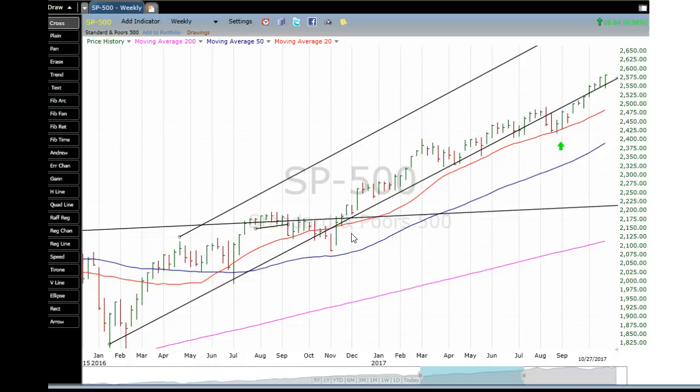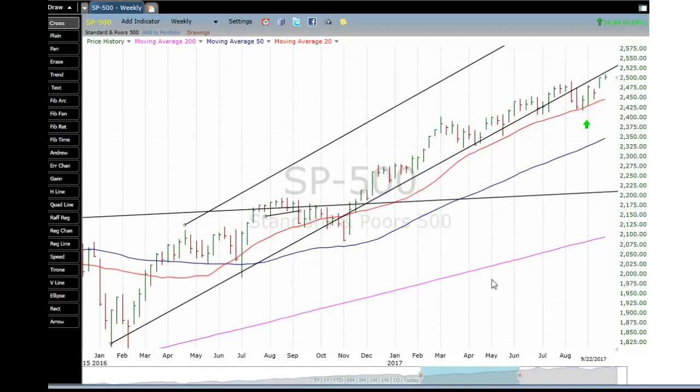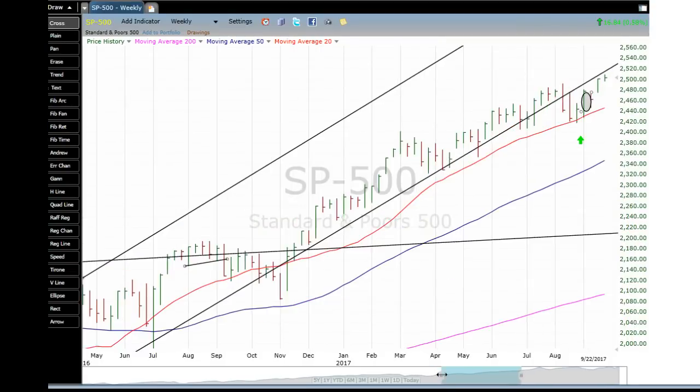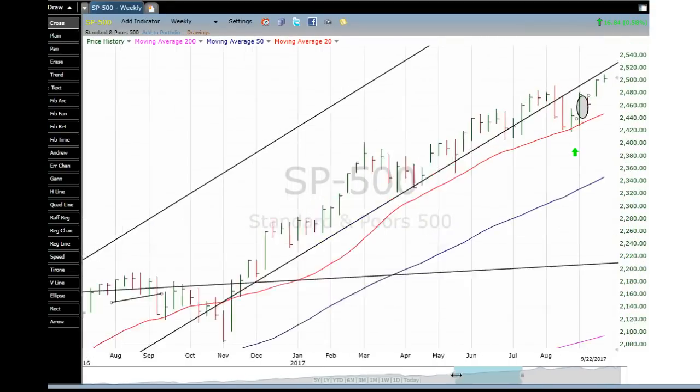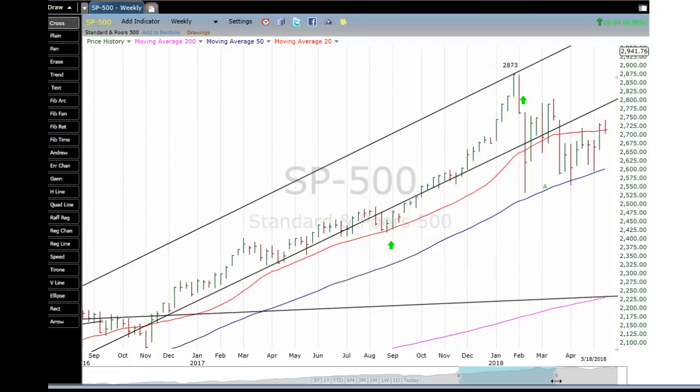Since the late 2016 low, since the election, the very first time that you get 3 consecutive lower weekly lows is in August, right here, 2017. Okay? And that is almost a year, and that